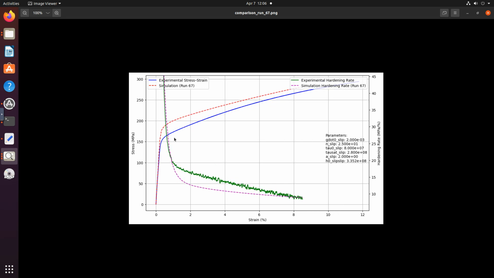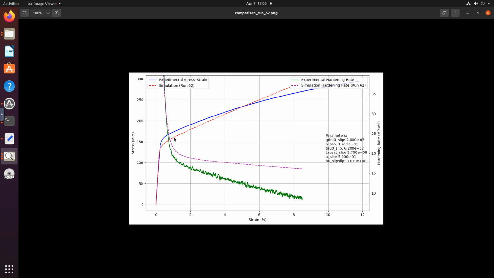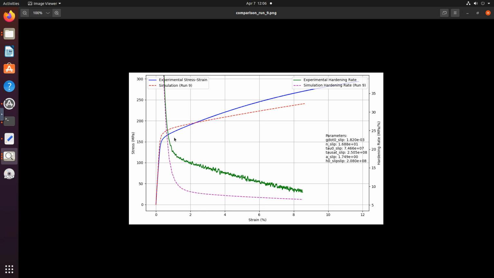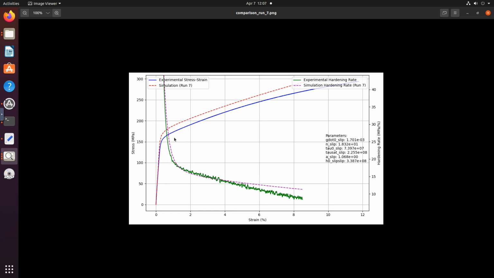So if I keep showing you, these are the bad results. This is where it was learning. You will see the slope is different and therefore the stress strain curve is different, the hardening is different. The more I go backwards, the more you will see that it was trying to find the area, and from this it was learning what it should do. The more forwards I go, the better it gets. In the very beginning the curves were all over the place, not a very good fit at all. But if I go to, for example, run 100 now,